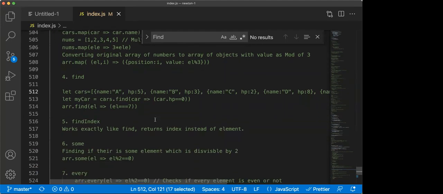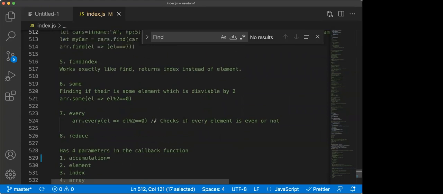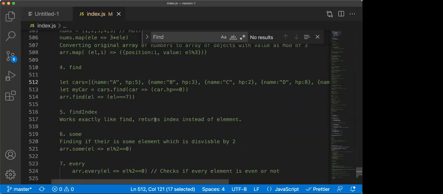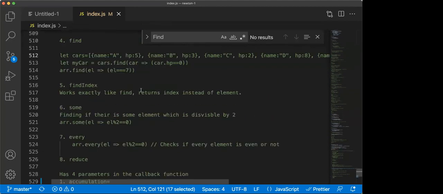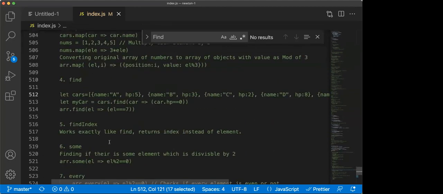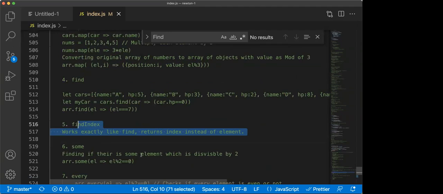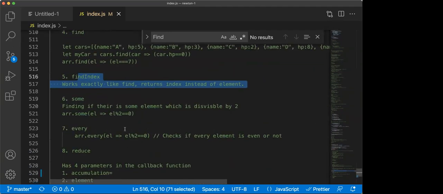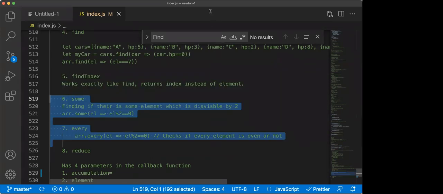Okay, great. So in other words, whenever you're going through the array, wherever the condition that you provide in the function returns true, for whichever element, that element becomes part of the result. While map is used to transform the array to some other array. Okay. Just like find, there is findIndex, which instead of returning the element returns the actual index. Then there is something called some and every. The way these work is